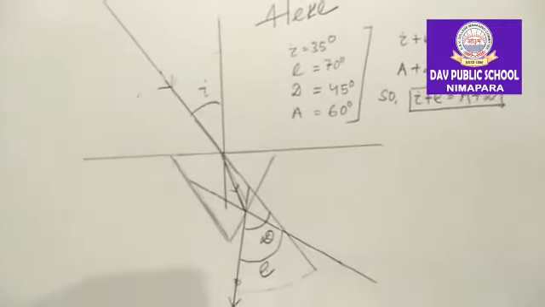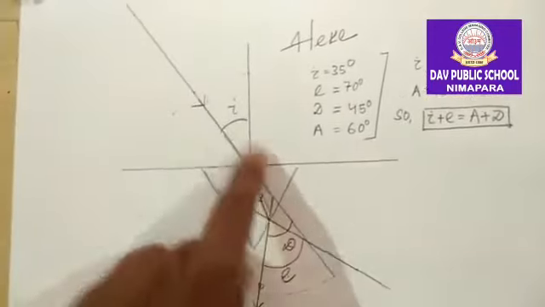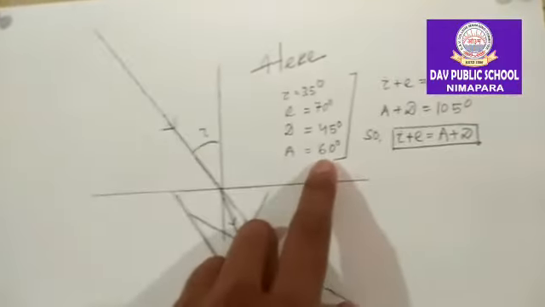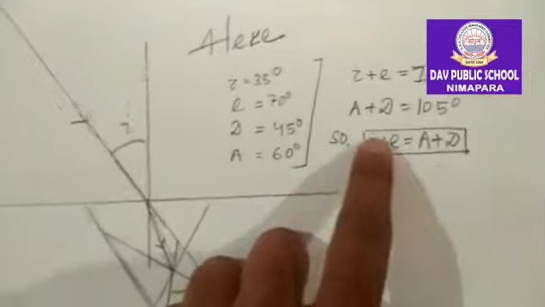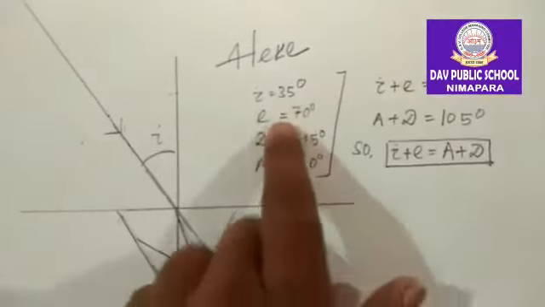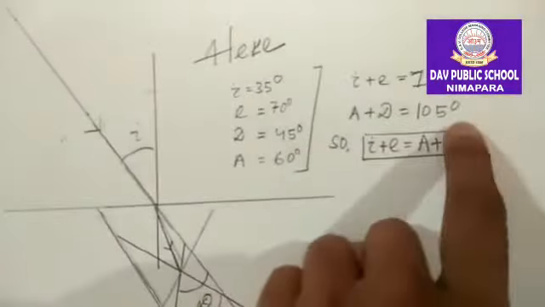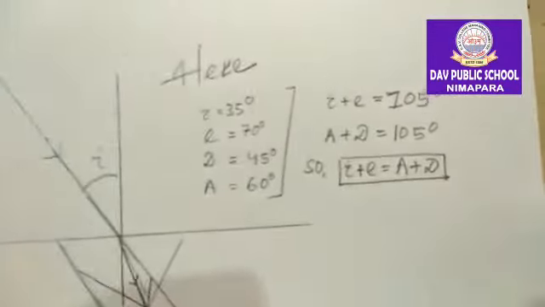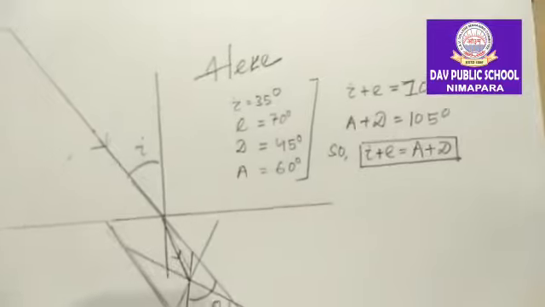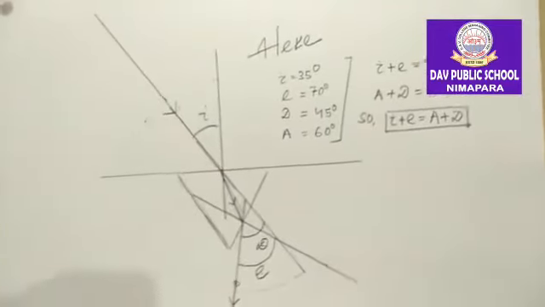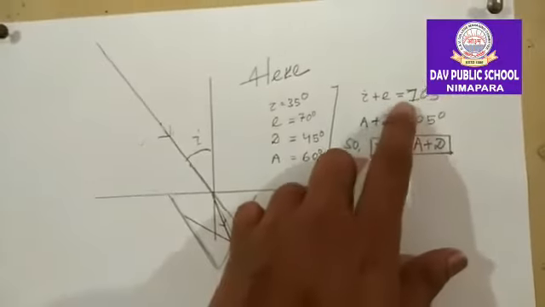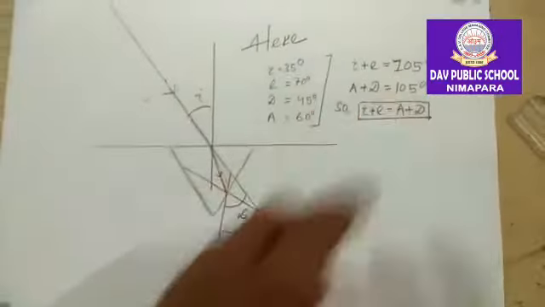Now the result is in our hand. By measuring the various angles, angle of incidence, angle of emergence, angle of deviation, and the angle of prism, which we know is 60 degrees, we get I plus E as 105 degrees and A plus D is also 105 degrees. So it is clear that I plus E equals A plus D. This relation is proved, so our experiment is true. It may deviate or fluctuate by 1 or 2 degrees, and that is okay too.